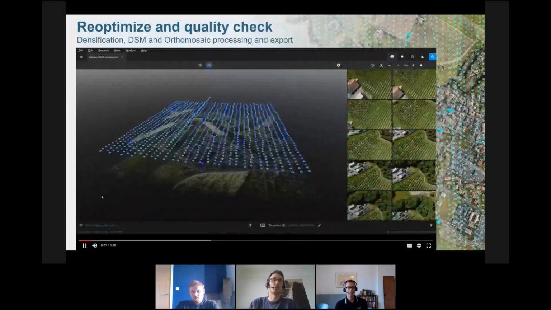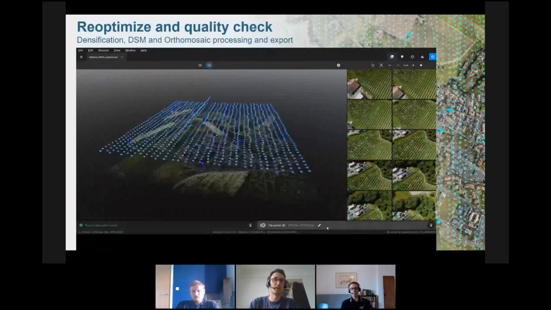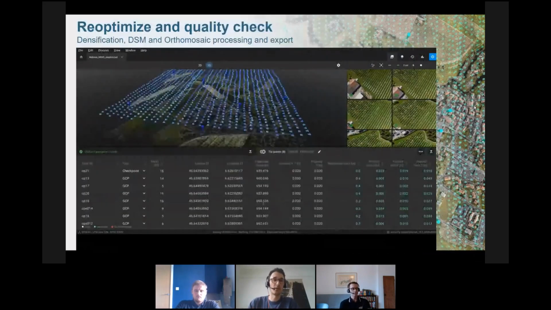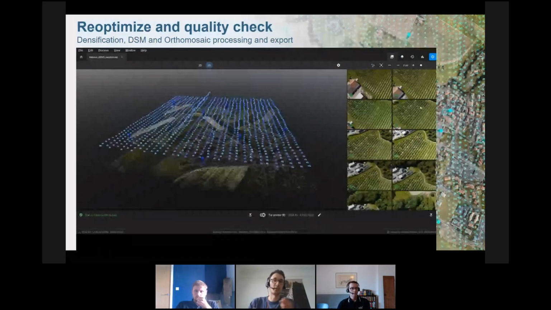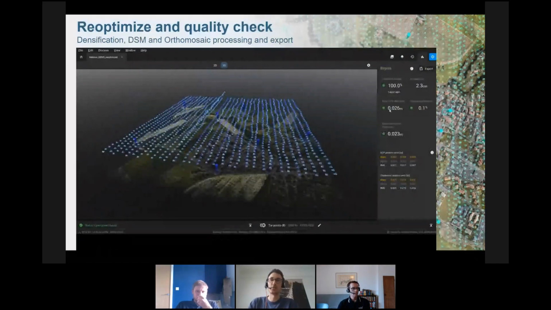Then the first thing you want to do, of course, is to check the quality of your project. The quality of your project can first be assessed in the type points table. So there, the metrics we just saw before, they're all full, and you can order all the ground control points and checkpoints by the size of the error, and that's how you will be able to pick out if there is any issue with your project. So here there was none, everything was fine, errors were small,